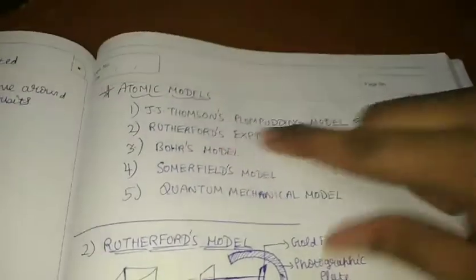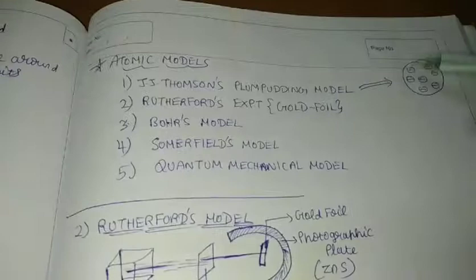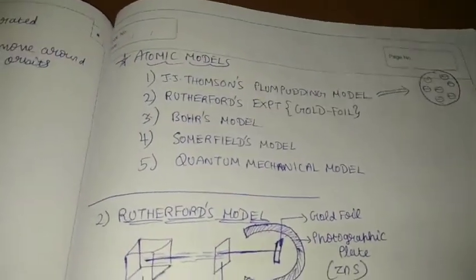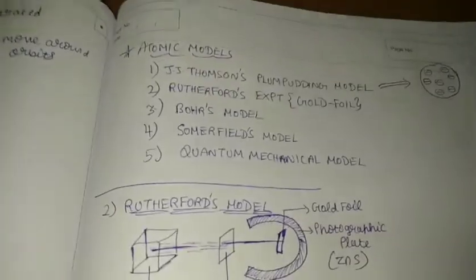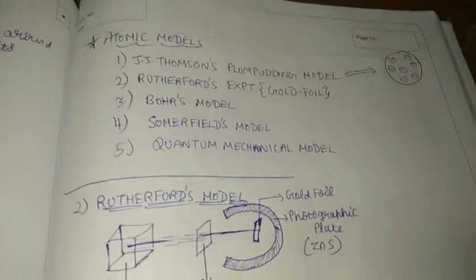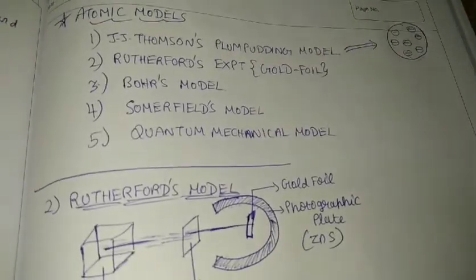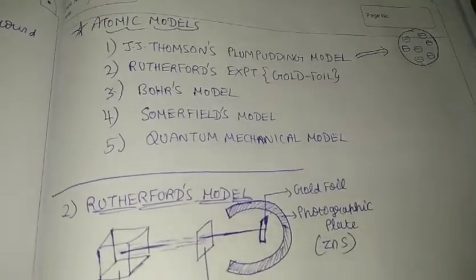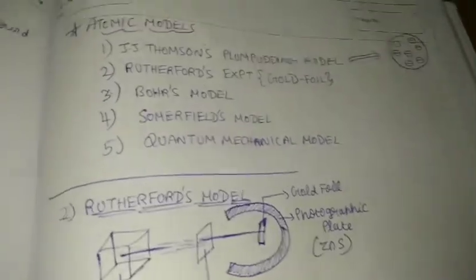I've said that J.J. Thomson's plum pudding model was something like this. This was the positive charge, and the negative charge was like the seeds of the watermelon. And I'm repeating again, he assumed that the mass was uniformly distributed over the atom. That was also a blunder, but he even got the Nobel Prize. Of course, it's so difficult to do these experiments and find it out. He did not speculate the model, but still that was a wrong model.